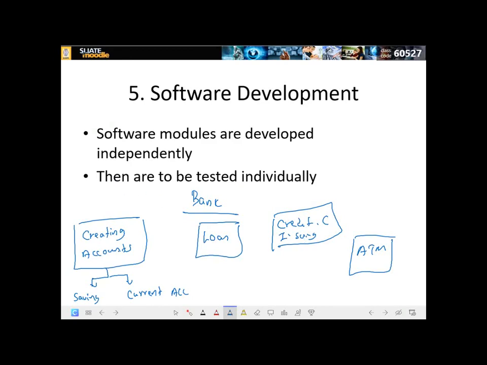Now we are going to test the creating accounts module, whether it's working correctly or not. If we find bugs, technically bugs means the errors, then we have to fix those bugs. Then the loan department application we are going to check, the credit card issuing application we are going to check, the ATM application we are going to check. Then after confirming every individual